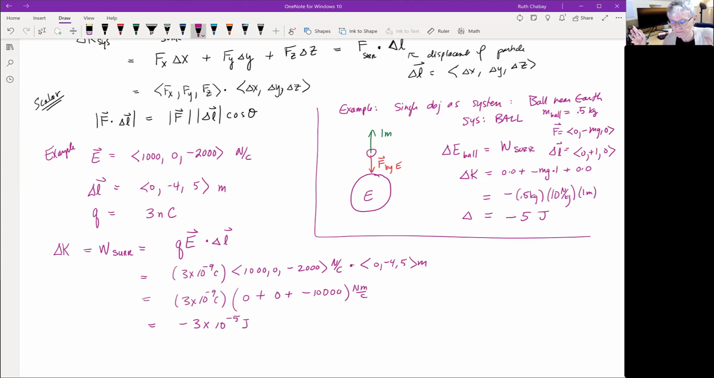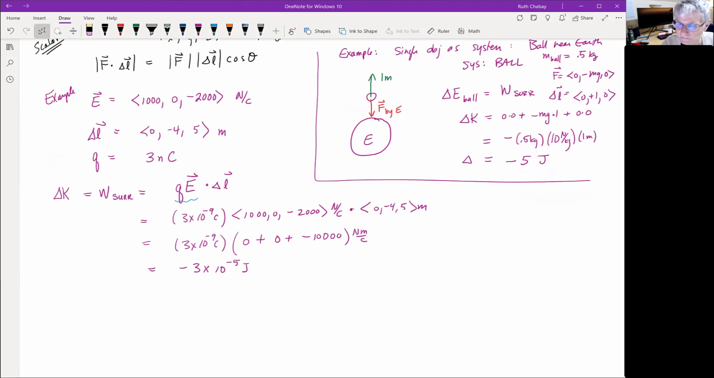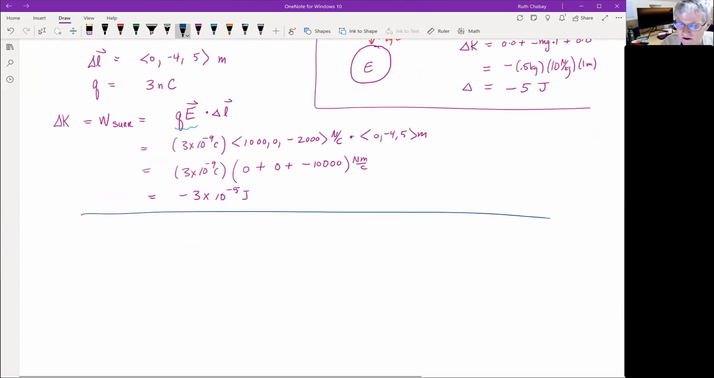Okay, so the same thing, except that we're just using the electric field to calculate a force here. Okay, so that should be pretty familiar. Now, if we consider systems of more than one particle,